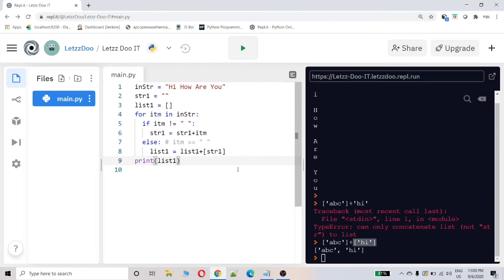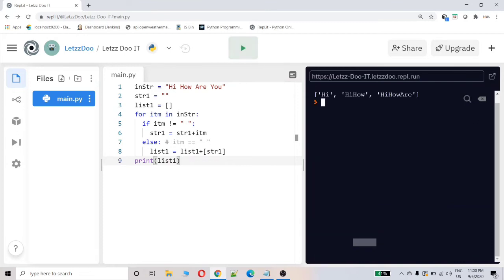This is not the complete solution, but let's try to understand where we are. Two things here. First one is, hi is repeated here and hi how are repeated here. It should be like only hi in the first item, how in the second item, and fourth item is missing.